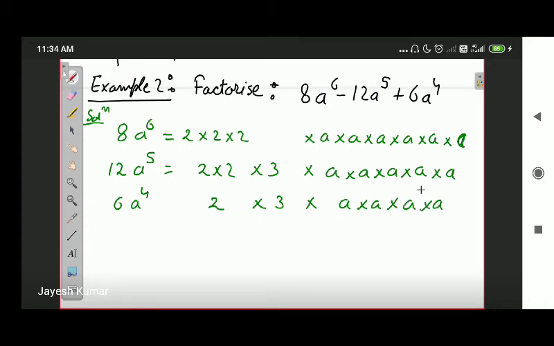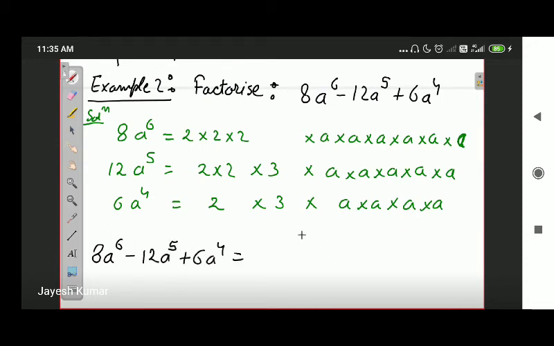Okay students, one more thing, you do not need to write down as it is. I'm writing 3 below 3, 2 below 2 below 2, a below a. You need not write down as it is. I am writing these in this manner so that you can easily understand. Okay, you can write it however you like. So once again we will take common. So the expression is 8a6 minus 12a5 plus 6a4.